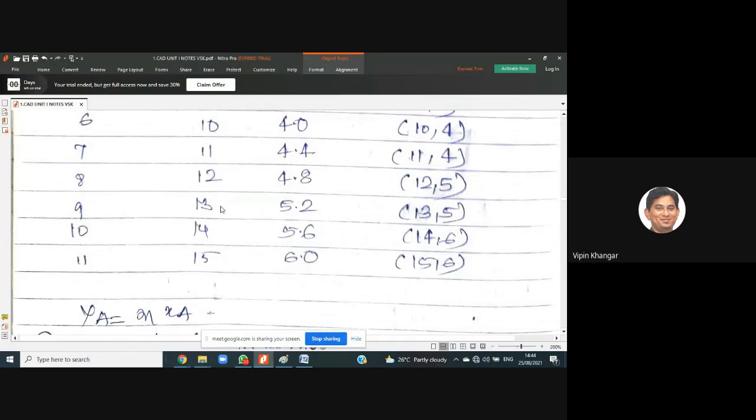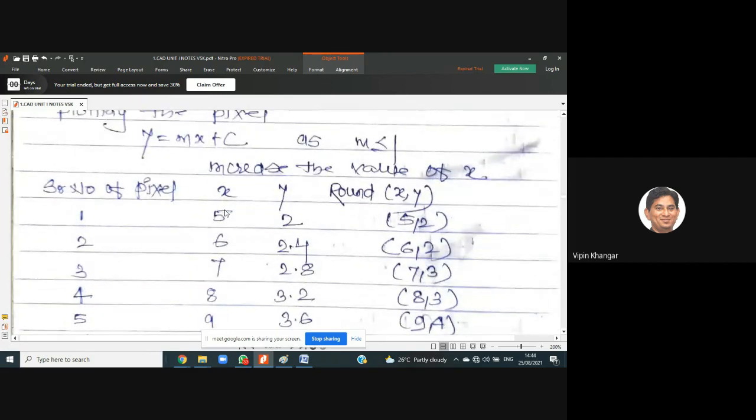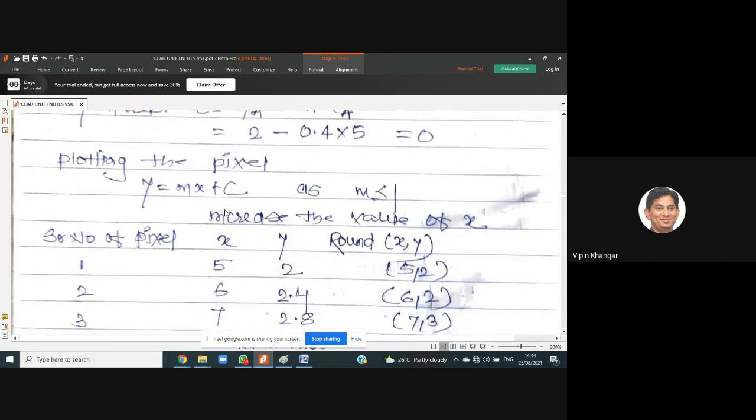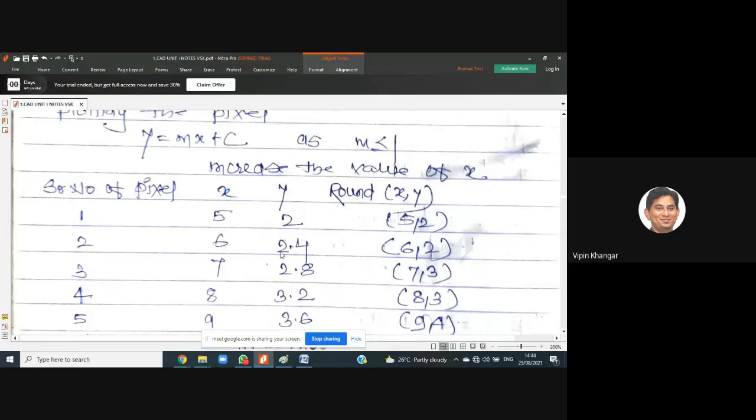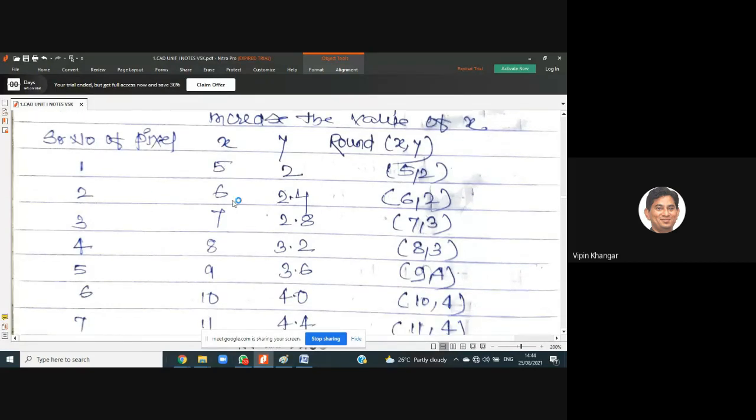Actually, I have calculated by using both the ways. So basically, this was the problem we started taking physically. Initially, we made the mistake, and then we corrected it and went with the other way, so that you should not make this kind of mistake in your actual exam. So this is the correct way of solving. So the serial number of the pixel, your incremental x and y, and this is round x and y. This kind of plot, tabular values you can have.